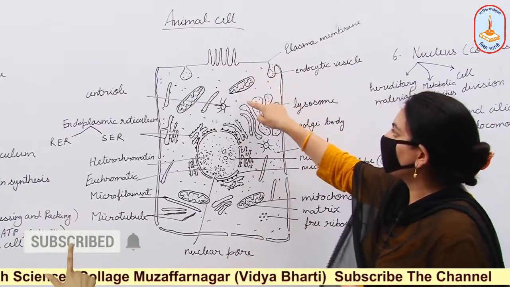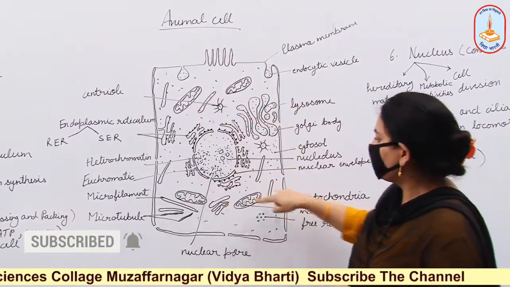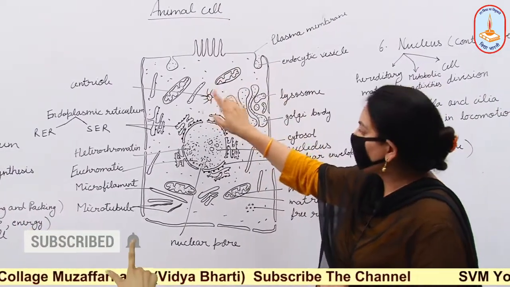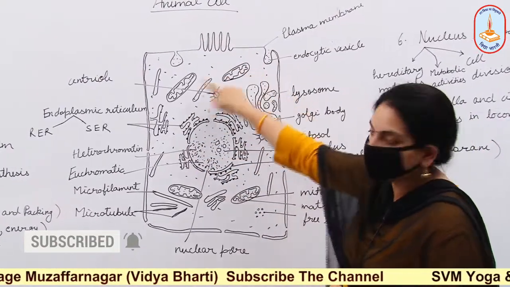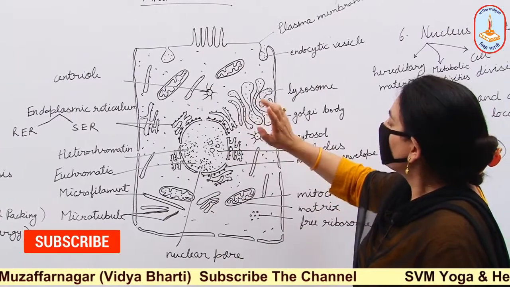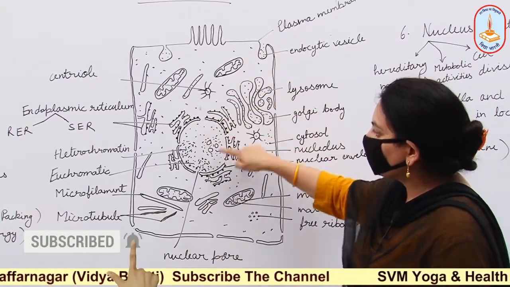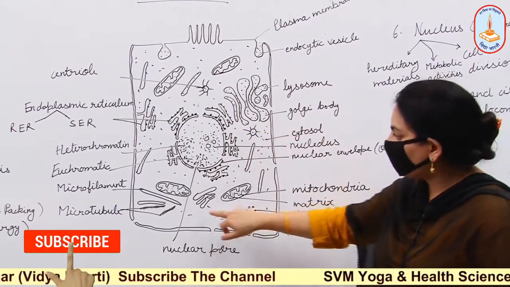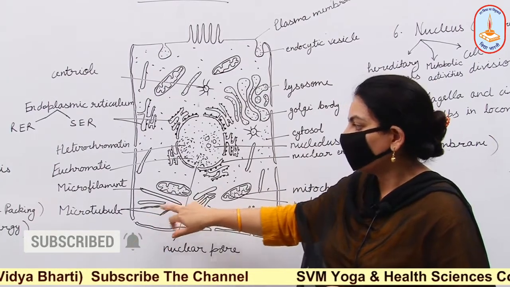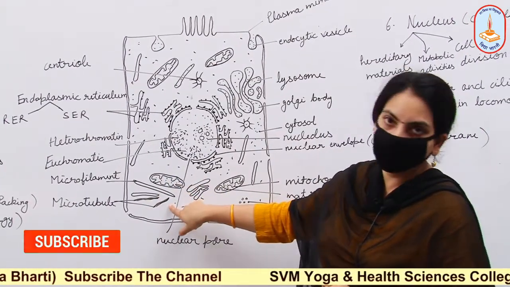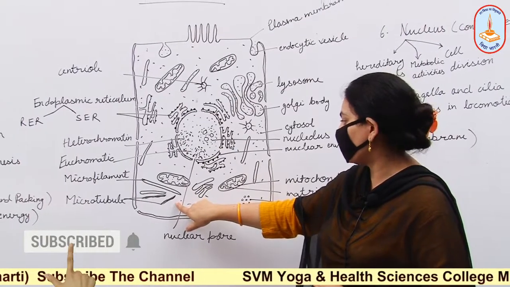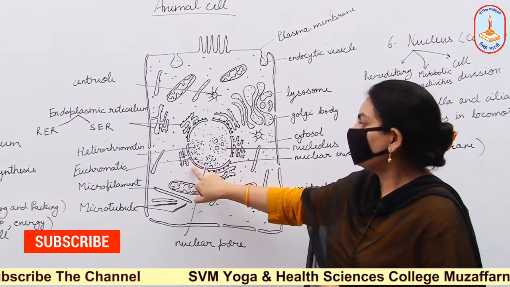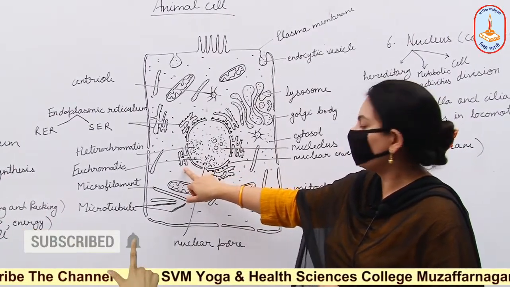And inside the plasma membrane, cytoplasm is filled, that is a proteinaceous substance. In this substance, that is in the cytoplasm, various cell organelles are present. These organelles are like mitochondria, nucleus, nucleolus, endoplasmic reticulum, Golgi body, and some cytoskeleton, which includes microtubules and microfilaments like thin filaments, thick filaments, and intermediate filaments. It contains ribosomes that are present in combined form or in free form.